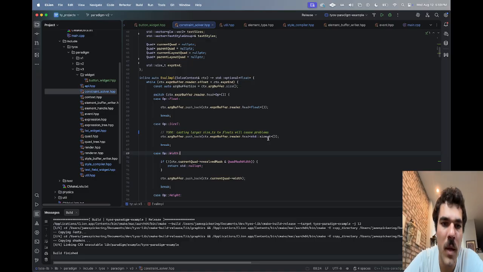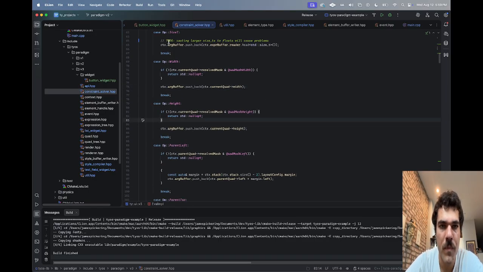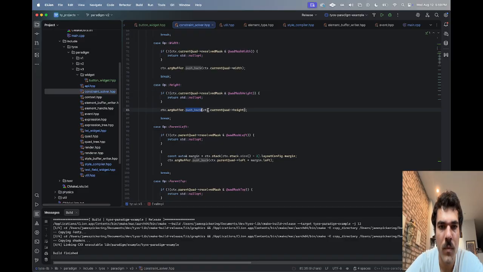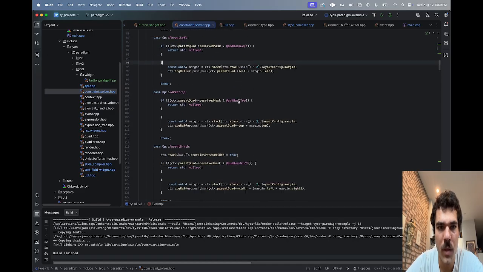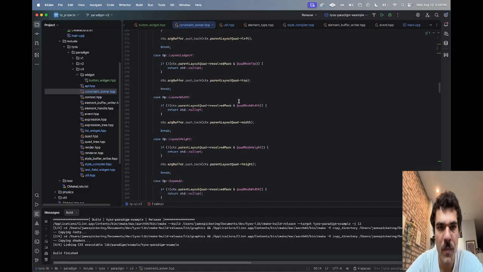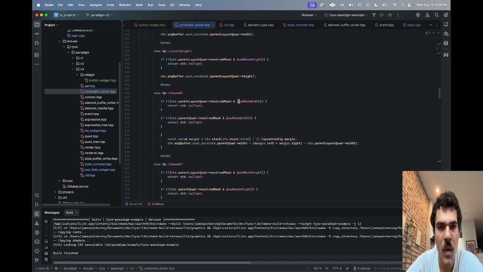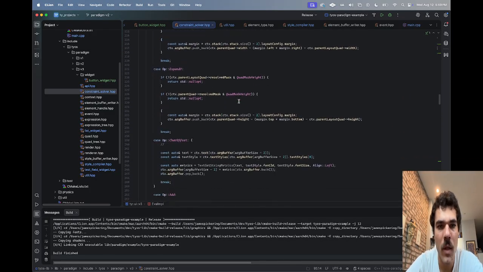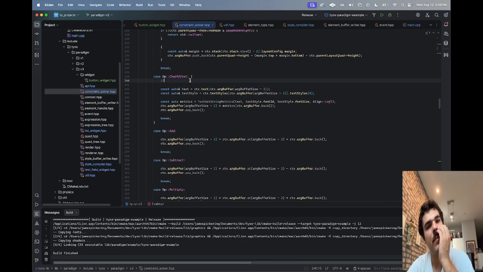I think this belongs here as like a to-do. Arg buffer. So all of this is pretty clean. I've kept this pretty clean. There could be more error handling, but